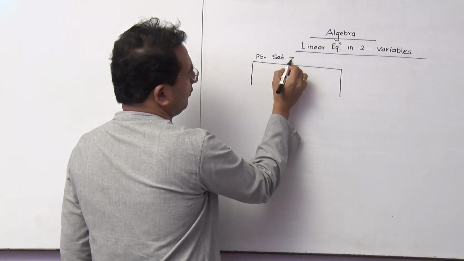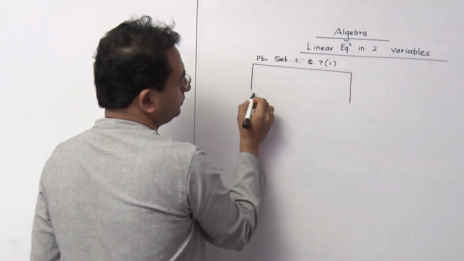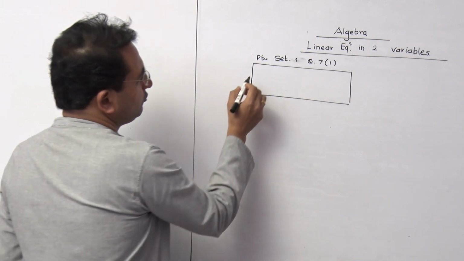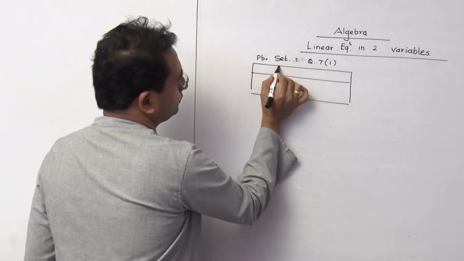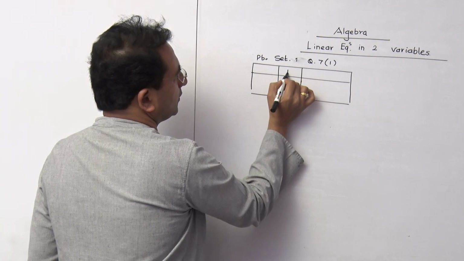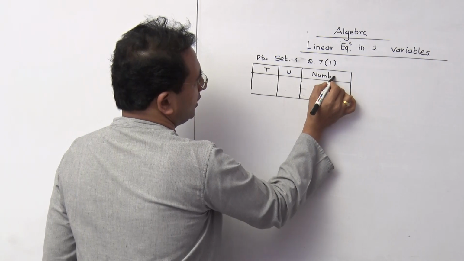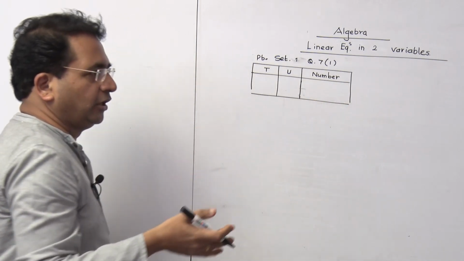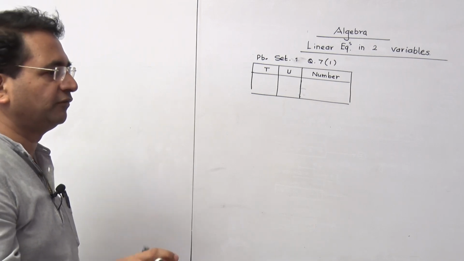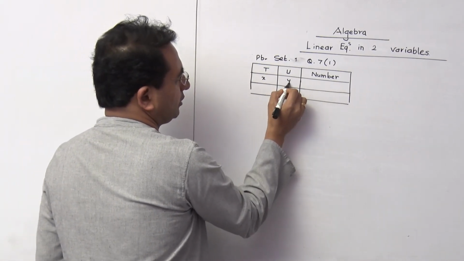It is problem set 1, question number 7, first sum. It is related with the 2-digit number, which I always do it like this. I put this part as units place, this one is the tens place, and here I write the number. Remember one thing, that whenever you are getting a question related with a 2-digit number, interchanging the digits is one of the conditions effectively coming there. So I am considering this x and y here.